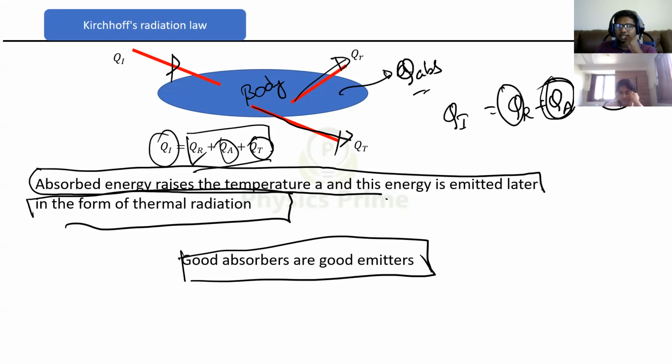Yes. So if reflected and transmitted energies are higher, absorbed energy will be less, or not? So when absorbed energy is less, then when the surrounding temperature is lower, the radiated energy will also be less, because it absorbed less already. Whatever it absorbed, only that it can radiate. So that radiation also will be less. Suppose this absorbed energy is much higher, then after some time, when the surrounding temperature is lower, the energy will be emitted in the form of thermal radiation, and that amount of energy will also be higher. Are you able to get this point?